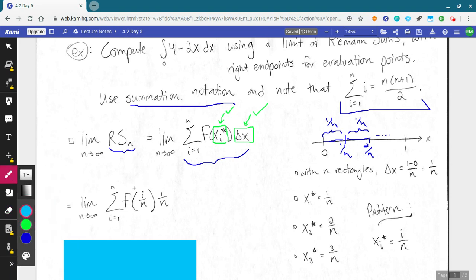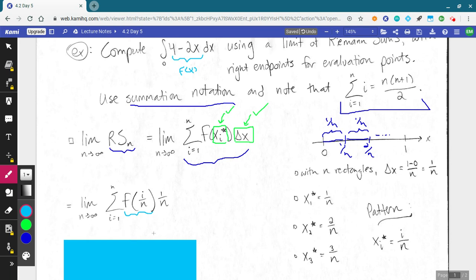What's next is taking our i over n and actually plugging that into our function f. But our function f is 4 minus 2x. Whatever we hand our function, it's going to spit us back 4 minus 2 times that thing. Well, we're handing it i over n. And so